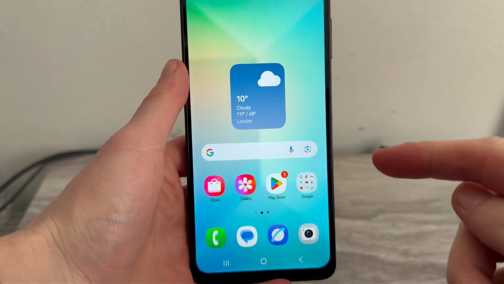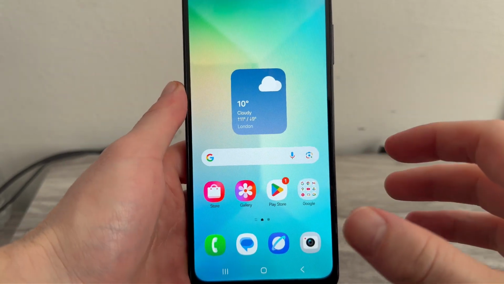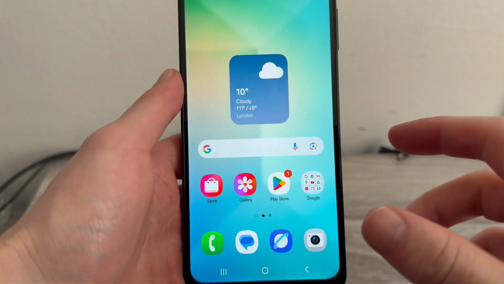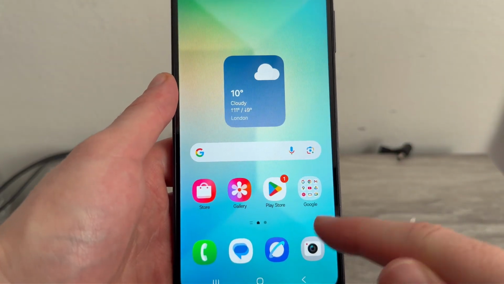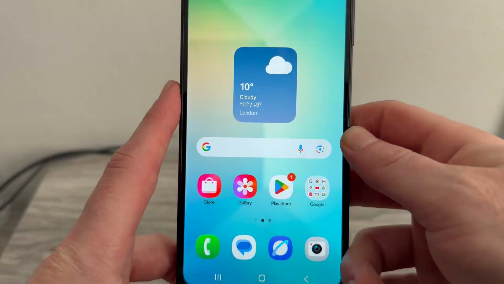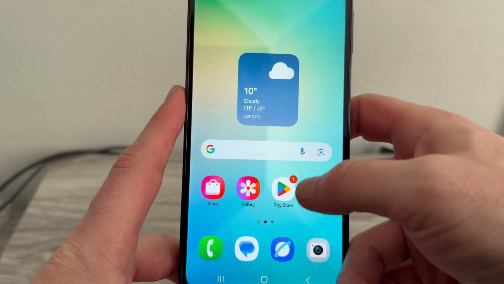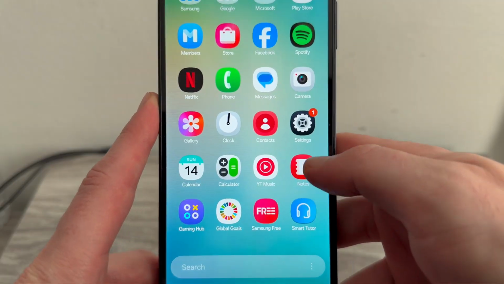In this video, I'm going to show you how to create a Google account on your Android phone. Now, you're going to need a Google account in order to access certain applications like the Play Store. So all we need to do is first head over to your Samsung home screen, and then you need to